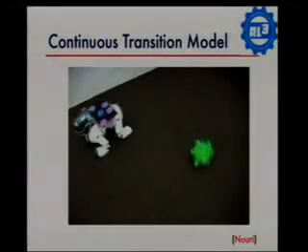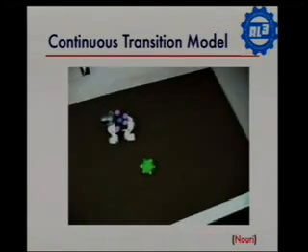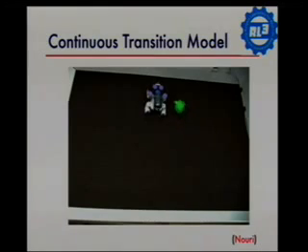Okay, there's the robot. This is a robot, same kind of thing, where we're detecting it from above using the color pattern on its back. And this is a bumbleball, which we're treating as an obstacle. The robot is trying to get to this location, the corner. And it loses a point when it touches the bumbleball. So again, from the camera, we can detect the position of the bumbleball and the position of the dog, and if they're close to each other, we deliver a negative reward. We deliver a positive reward if it gets to the goal, and a small cost for every step taken, so it's trying to get to the goal quickly.